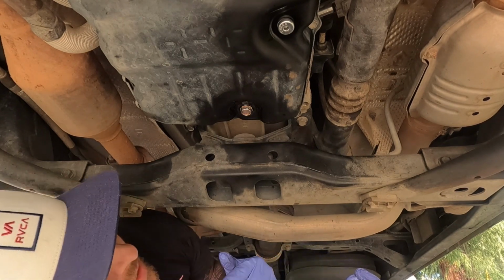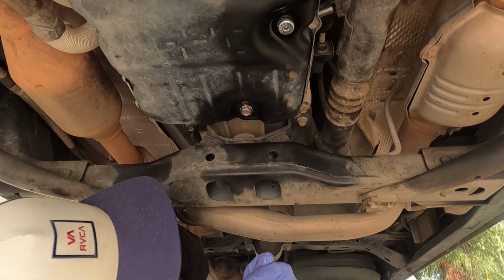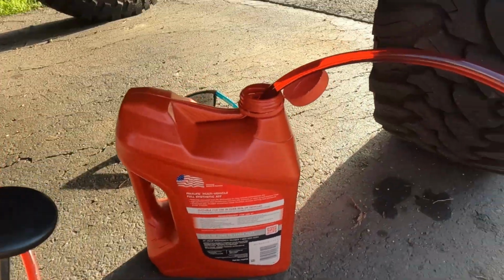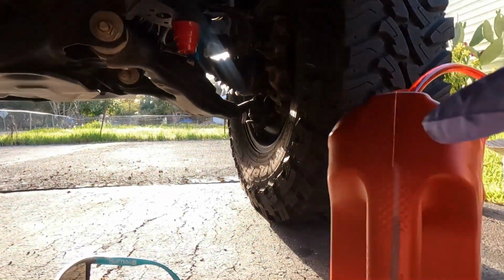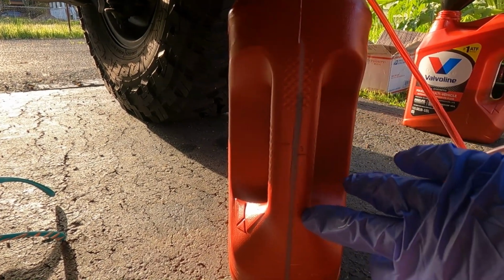So next we're gonna pump our new transmission fluid into the transmission, and then I'll show you the digital electrical stuff you got to do. All right, so here's the setup. Stick your pump, pull in this way, push that way. Make sure you get it a few inches into your transmission. Since we drained out 2.5, this is a 4-quart jug. We're gonna go 3,